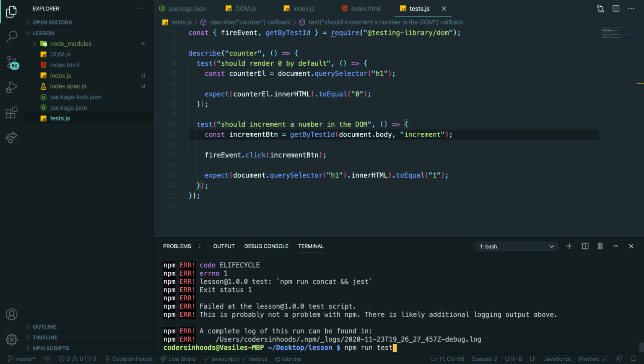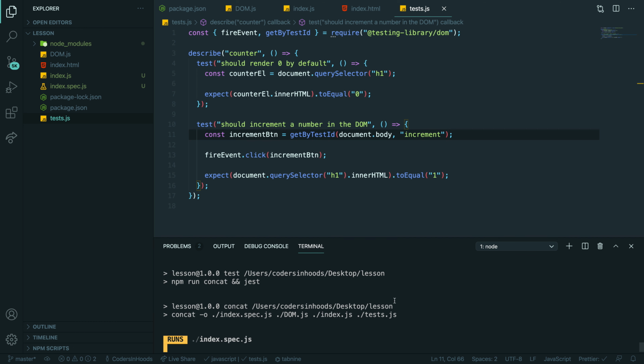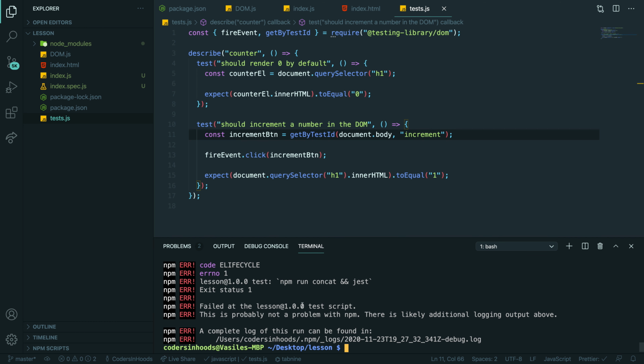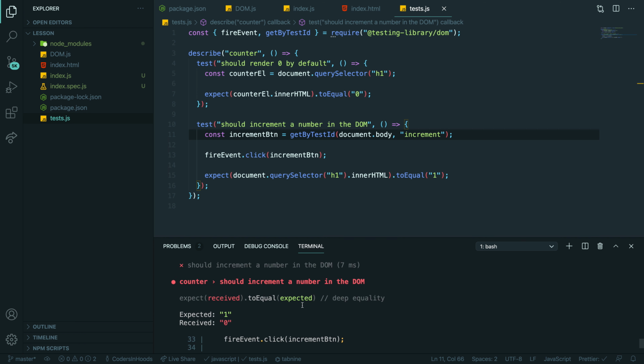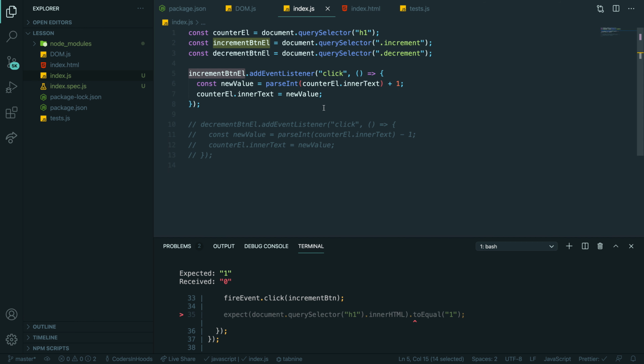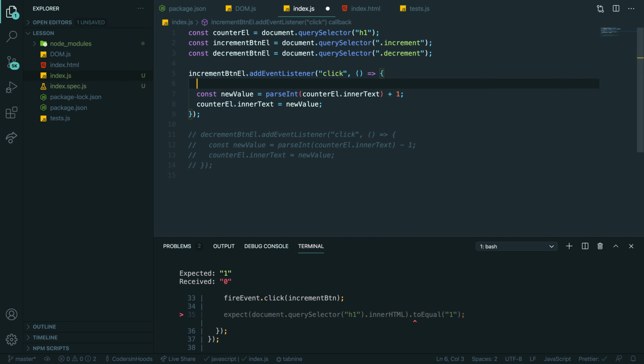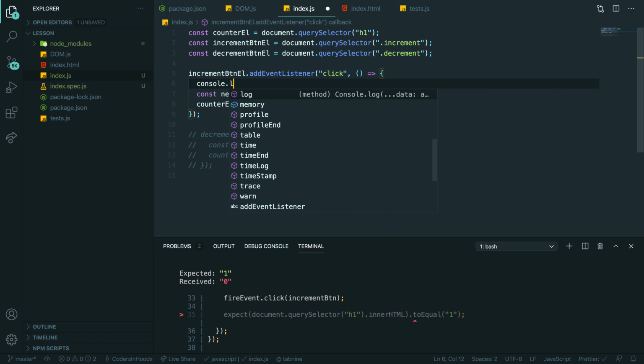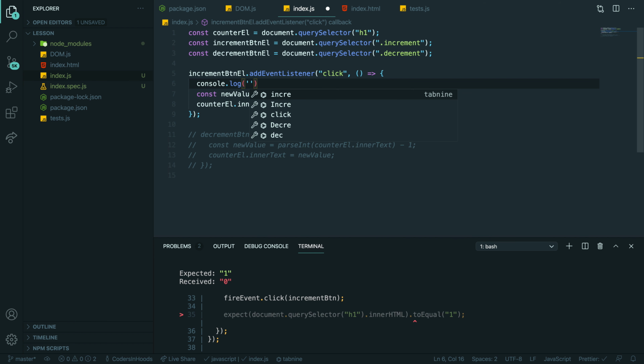Let me try again. Still no. Okay, so we're find increment. So you receive 0, so it doesn't increment it. Yeah, so it's not incremented. Let me actually see. Let's put some console log, and we will see. Does it actually work? Console. Do we actually fire event? Click.